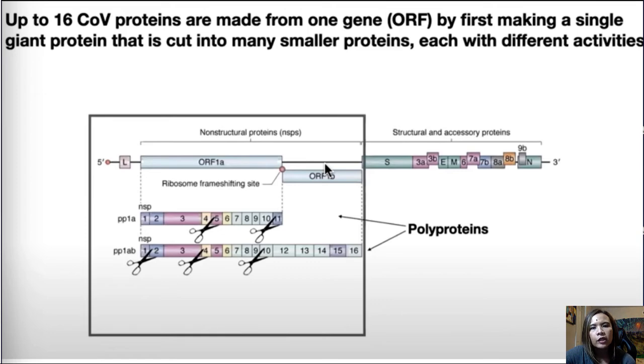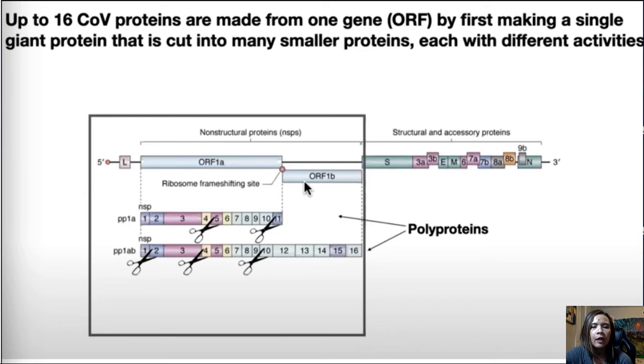It uses a strategy where it encodes many different proteins in a single gene. In this giant ORF1a, the genes don't have a stop codon. So from gene 1, the ribosome starts encoding, then comes along to the next gene, and the stop codon is not found after gene 1. So up to 11 proteins get encoded. The same will happen once it shifts to ORF1b. When the frame shifts, up to 16 proteins are made, and these are all called